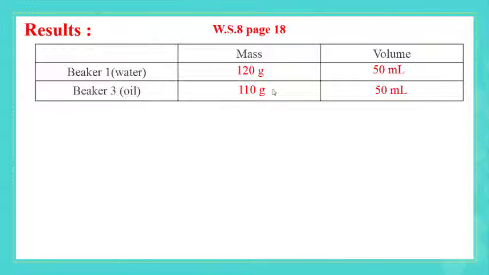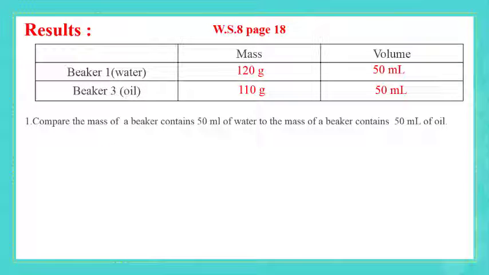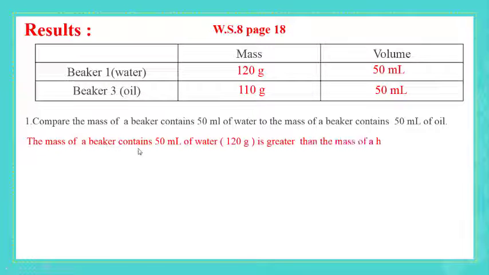Excellent. Now, let us solve the questions together. Number 1. Compare the mass of beaker contains 50 milliliter of water to the mass of beaker contains 50 milliliter of oil. Read your answer with us. The mass of beaker contains 50 milliliter of water, which is 120 gram, is greater than the mass of a beaker contains 50 milliliter of oil, which is 110 gram. Pay attention. You should write the unit and the value,